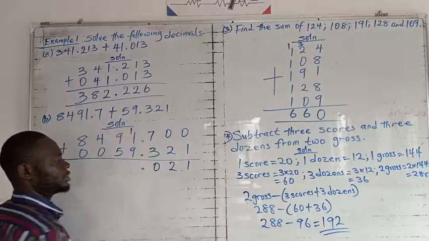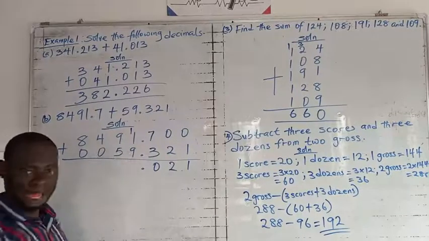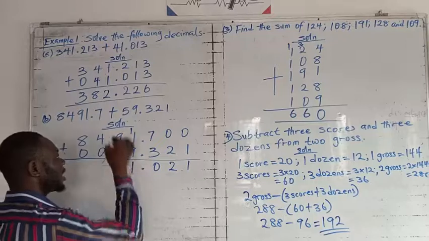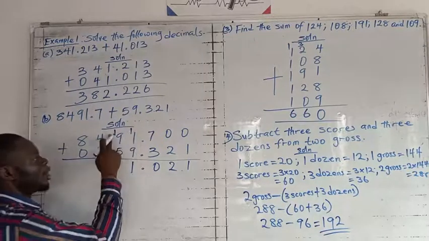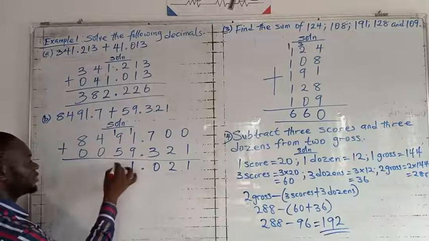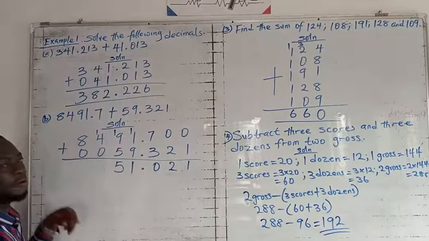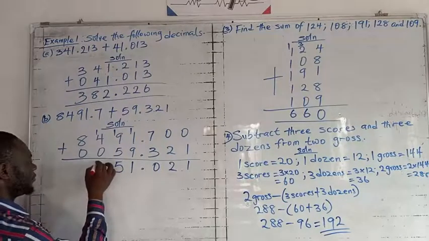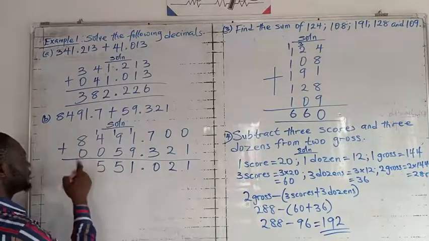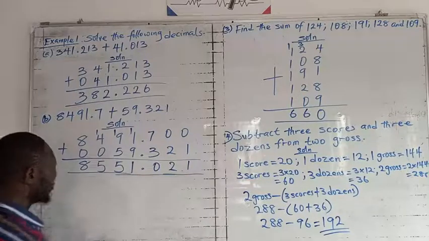Bring down your point. 1 plus 1 plus 9, 11. We write 1 and carry 1. 1 plus 9, 10. 10 plus 5, 15. We write 5 and carry 1. 1 plus 4, 5. Plus 0, 5. 8 plus 0, 8. So our answer becomes